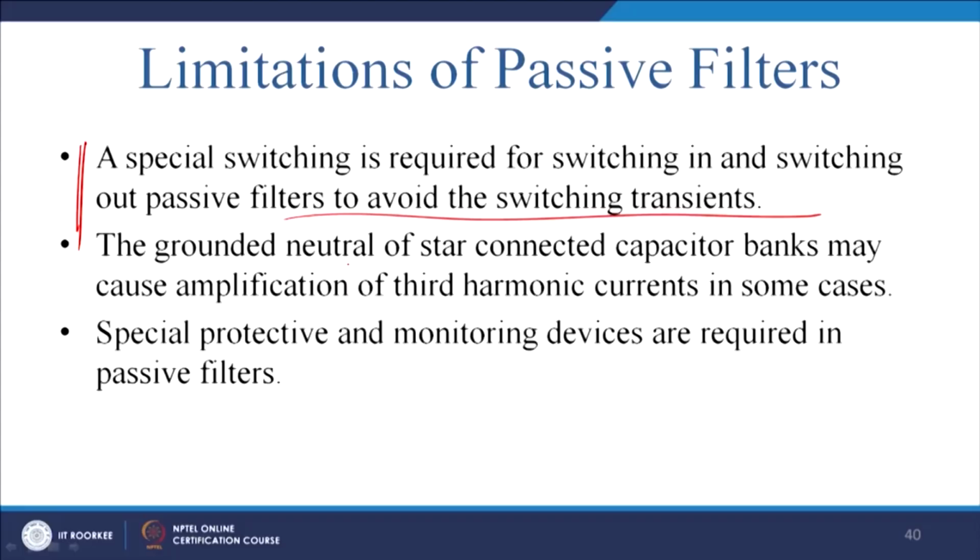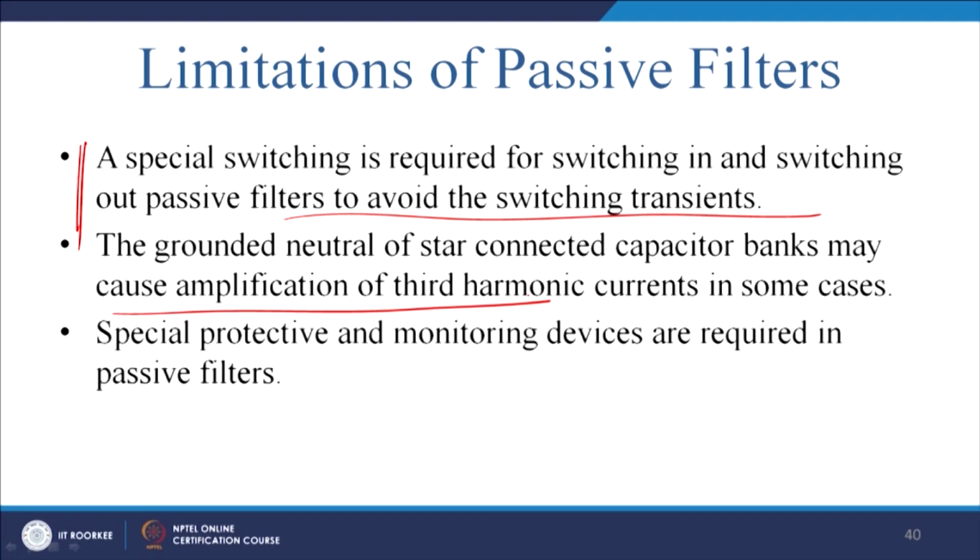So, that is something we require to do. Placing is not to be done blindly, otherwise you will have a transient and a sustained oscillation, and to remove the sustained oscillation you require to damp it out. Another problem is the grounded neutral, which really happens in the star connected network. The grounded neutral of the star connected capacitor bank may cause amplification of the third harmonic current in some cases,